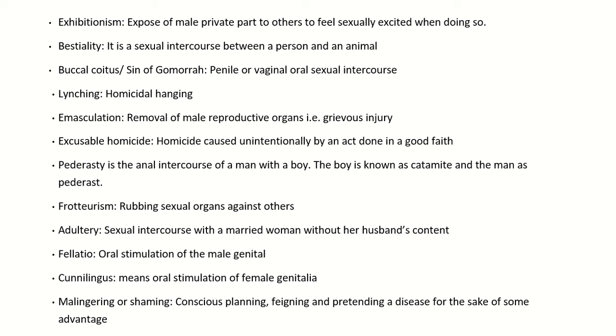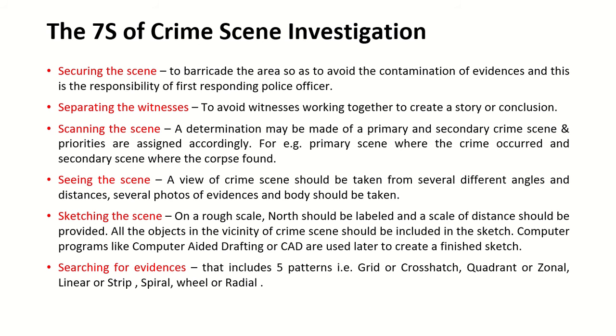Malingering or shamming, conscious planning, feigning, and pretending a disease for the sake of some advantage in the form of money or sympathy, etc. The 7 S of crime scene investigation includes: first is securing the scene, that is barricading the area, separating the witnesses to avoid the witnesses creating a story or conclusion; scanning the scene for the determination of primary and secondary scene,